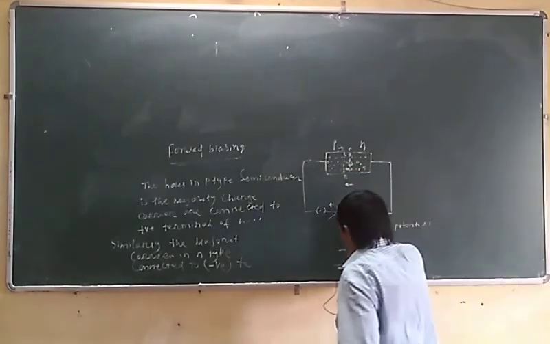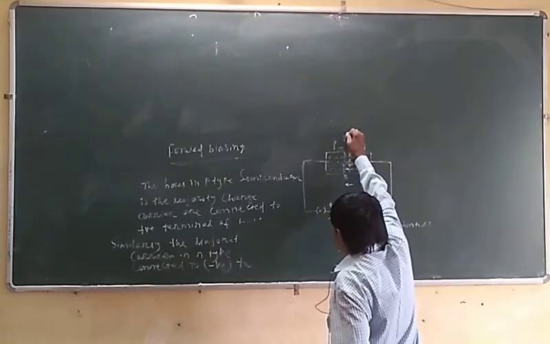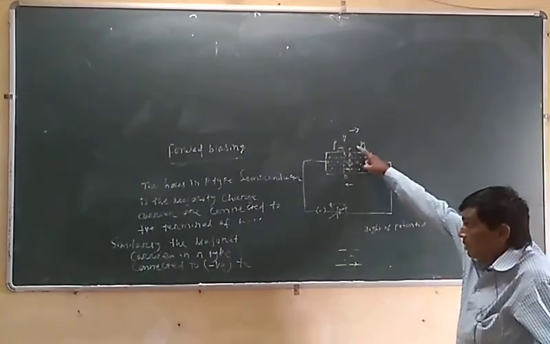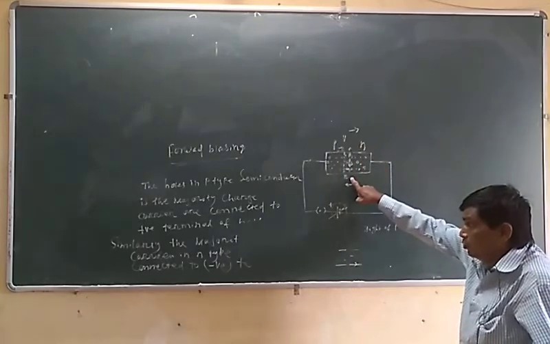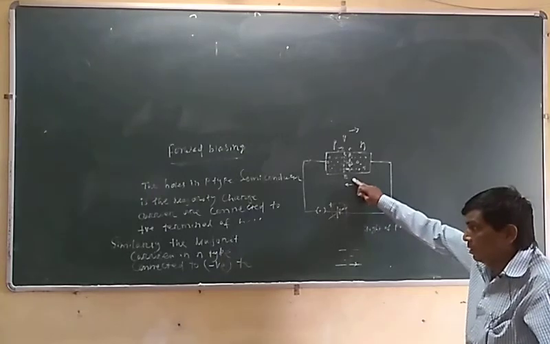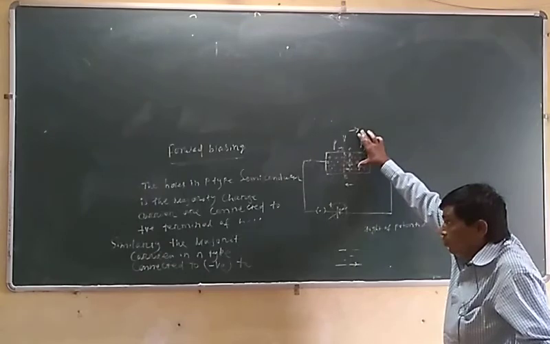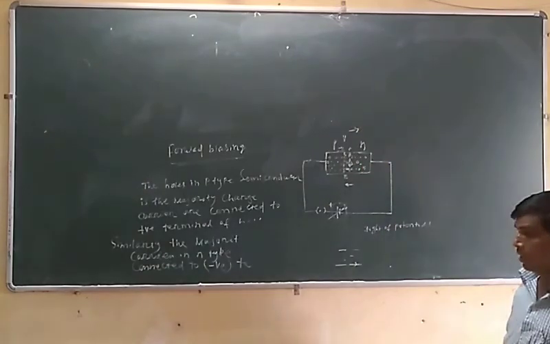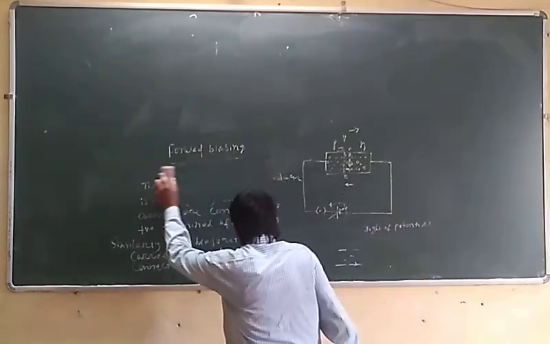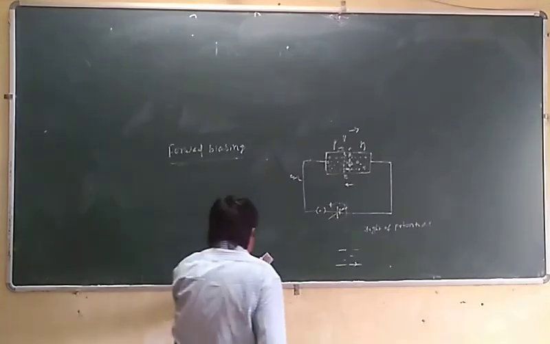When we apply voltage, this is the positive side, then the applied voltage V is in this direction. So the applied potential and induced potential, meaning the electric field, which means the barrier potential. The two potentials are equal and opposite in direction. Then we write this point. It is a very important thing.